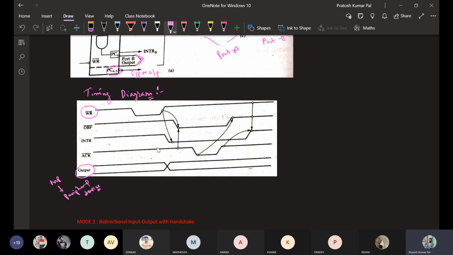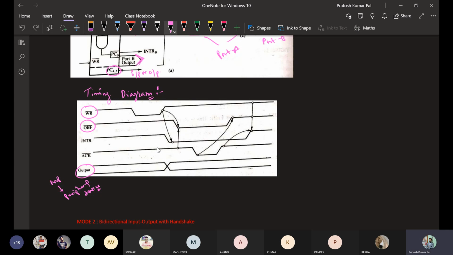So at that time this write signal is activated. Okay, so if this write signal is activated, then this output buffer full will be indicating, so it will be going low. Okay, so when this output buffer full is going to be low, then 1 byte of data has been sent to the output buffer.